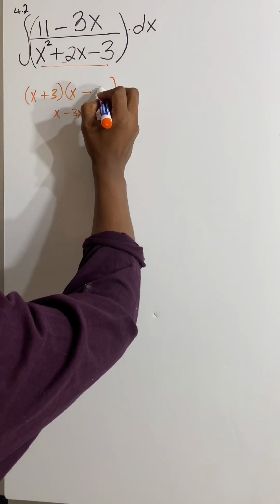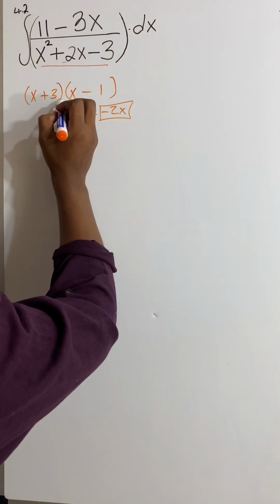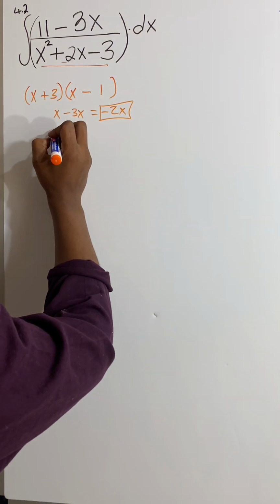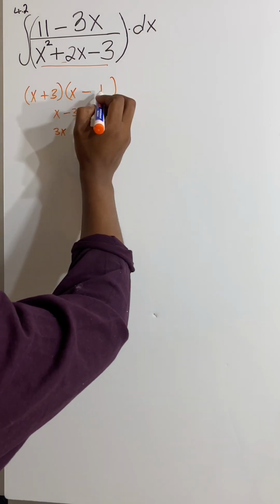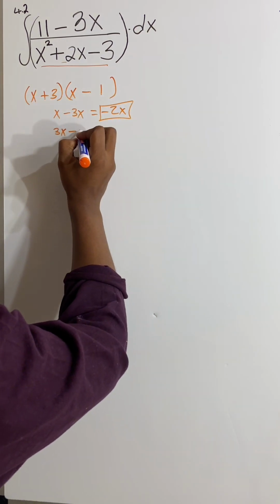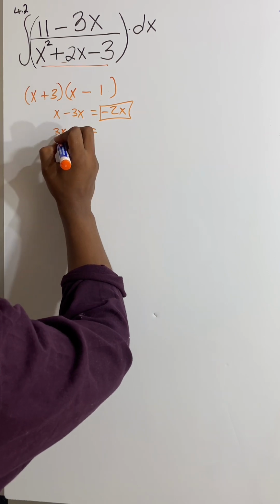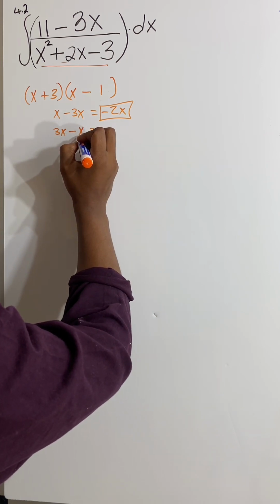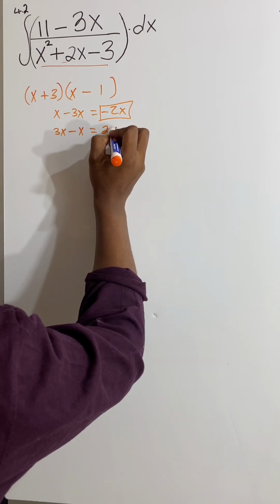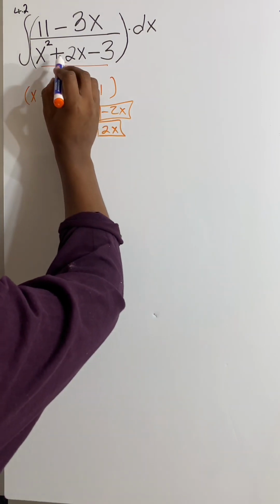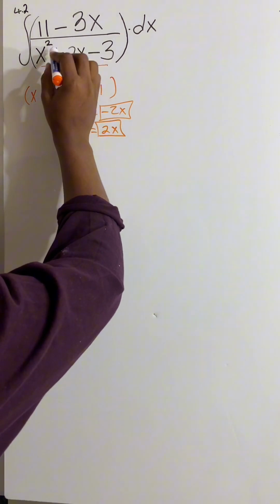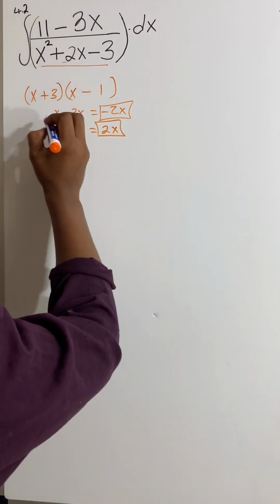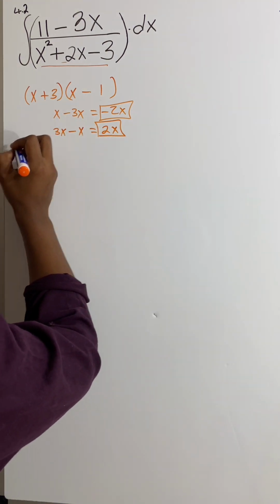Let's put the 3 here and the 1 there. So 3 multiplied by x is equals to 3x. X multiplied by negative 1 is equals to negative x. 3x minus x is equals to 2x. And we have positive 2x there as our middle term. So this is correct. So we can move on